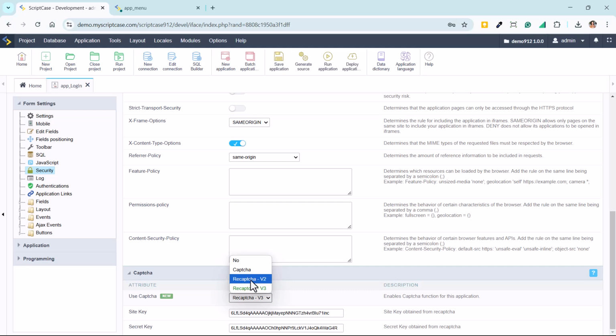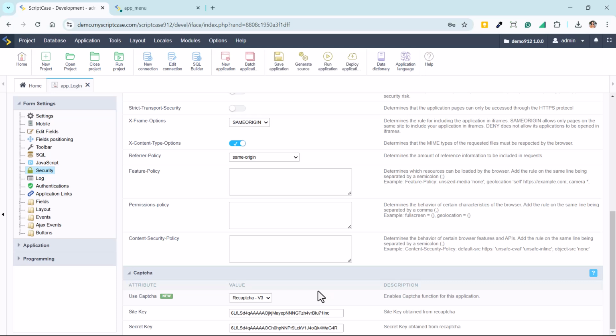In this case, if you want to use version 2 or version 3, it is also available here inside the security, in case you want to change, or if you need to change the site key and the secret key. Let's say you're using a test one and then you need to change to production, you can use this interface to make this change.